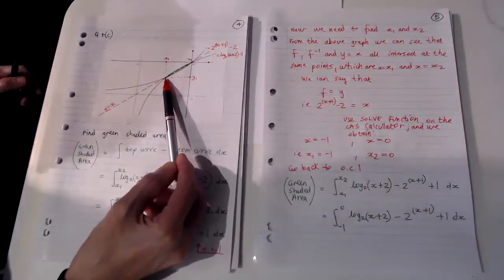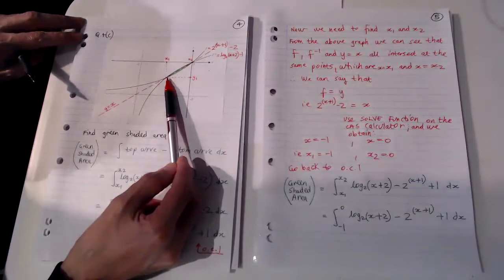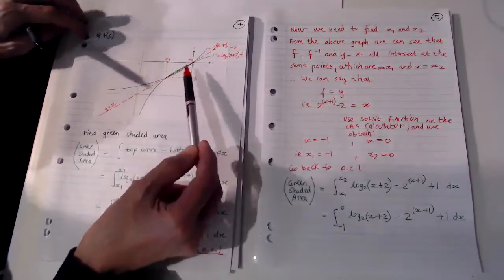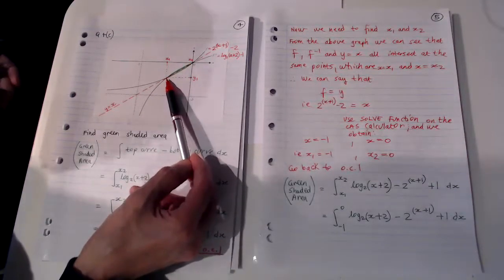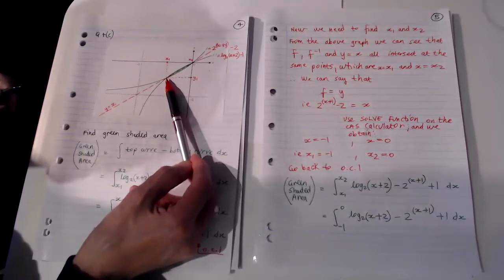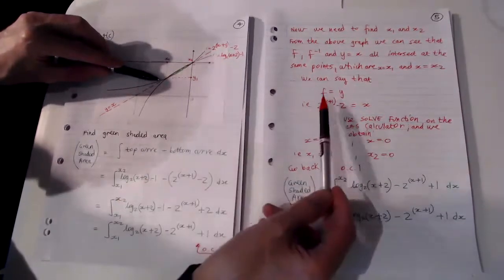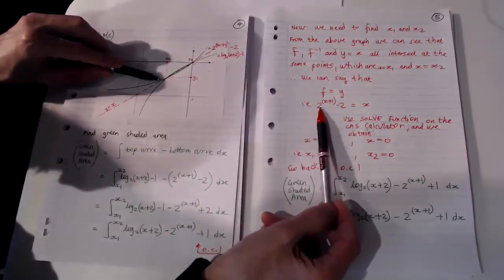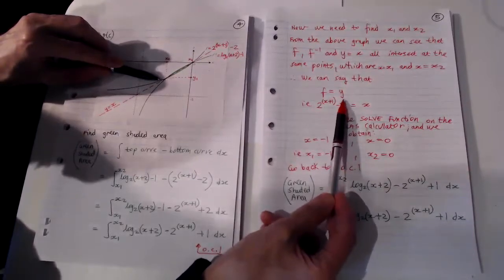to find these two intersection points here, we've got to realize that when we are dealing with inverses, it is always the case that the original function and the inverse function and the line y equals x all intersect at the same point. So by using that, we can somewhat simplify our calculations by saying that we can find these two intersection points by making function f equal to y. And that is function f, which is 2 to the power x plus 1 minus 2 is equal to y